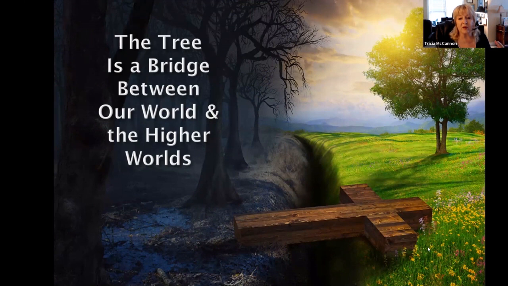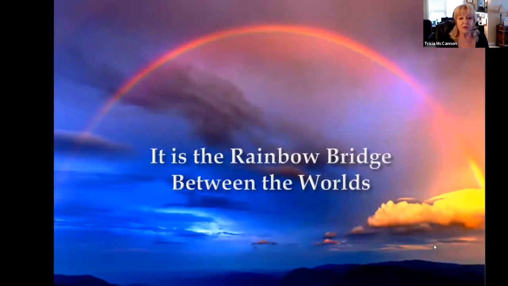It was on the garments of the Rotno priest of ancient Egypt who were studying the heavens. It was sacred to Tammuz, the first shepherd king. It was actually made as a symbol on the forehead in the Greek mysteries long before Christianity. And so it's actually connected to the Ankh as we've talked about. So the tree acts like a rainbow bridge that we can cross as a soul that connects us between the worlds. Isn't this just such a gorgeous image?